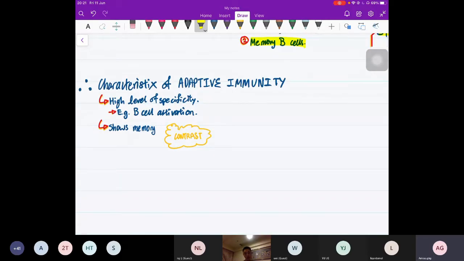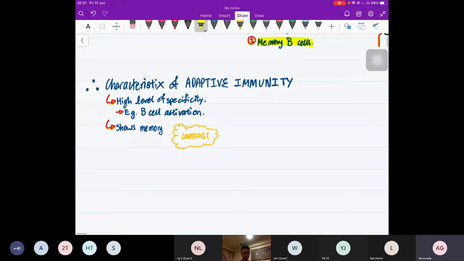So there's no memory in innate immunity, there is memory in adaptive immunity. There were some questions that came in on how to better understand the concepts of infectious diseases. It is a really, really big topic and it's really daunting to start, I get. But then you have to look at the different links within your topic, so that when the questions come and you look at the question, you immediately can tell,